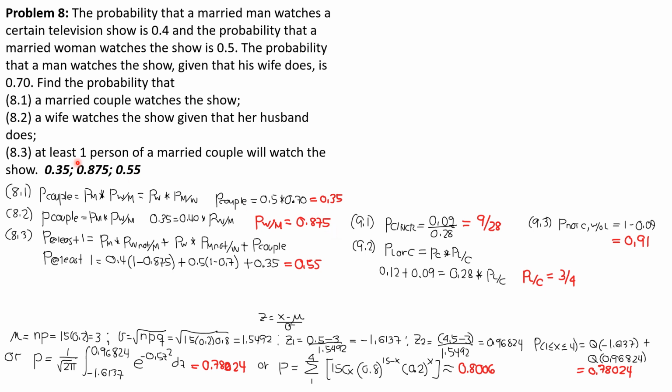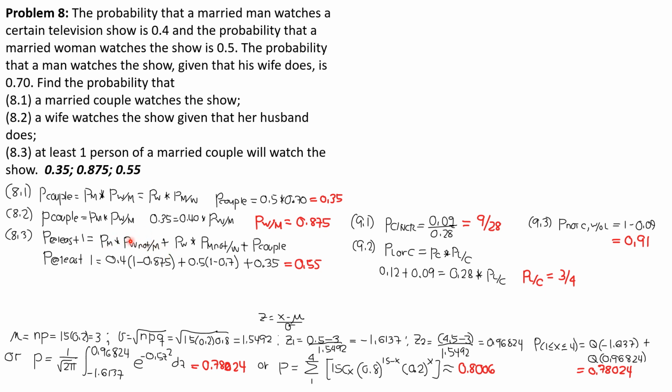And lastly, at least one person of a married couple will watch the show. So this should be the situation. The probability that at least one of them will watch the show is equal to the probability that the man watches times the probability that the woman will not watch given that the man watches. And this